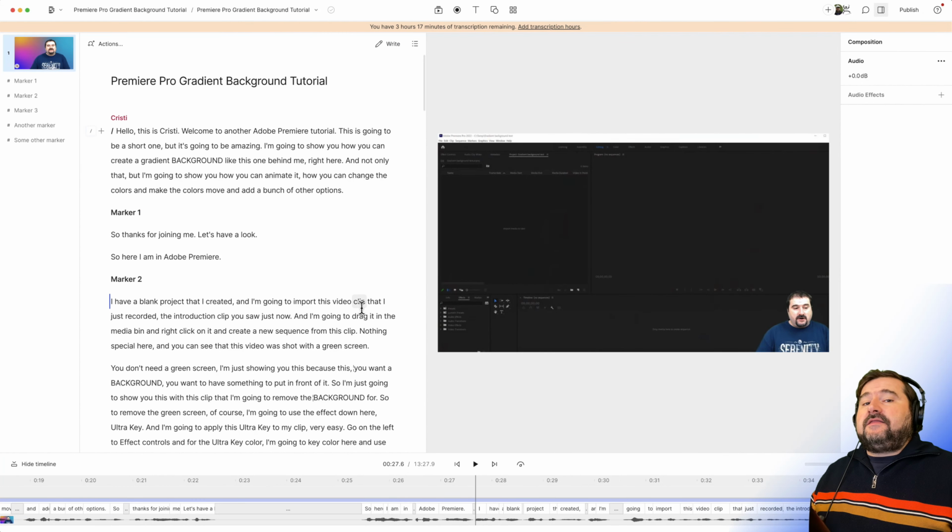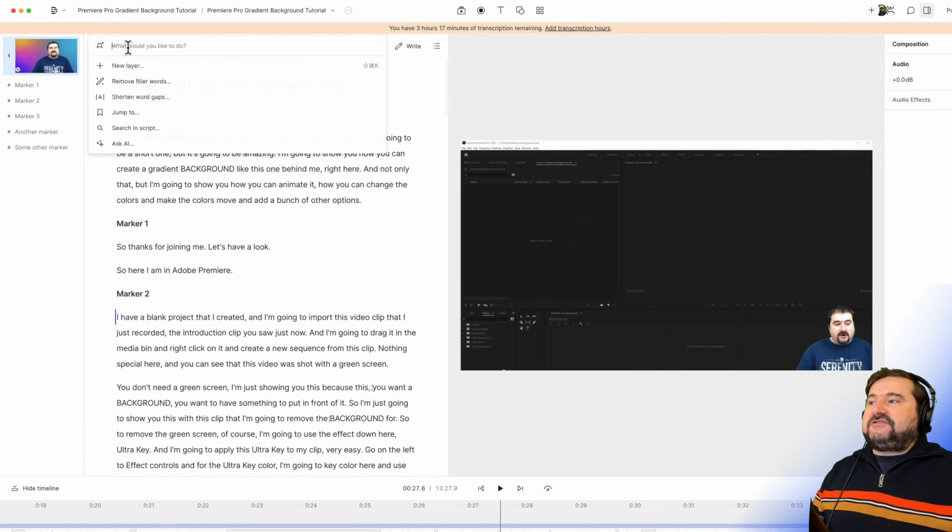And one more thing, the function to remove filler words was a little bit damaged on one of the recent updates where it lost the ability to remove filler words from text only. So a lot of users have complained about this because if you want to remove filler words from text only, but you want to let the audio and video still play, so if someone's saying "um" and maybe you want to still hear that and leave it in your video, you don't want to make cuts, but you want to remove it from your transcript to clean it, it wasn't possible. It was a removal. So they brought that back now.